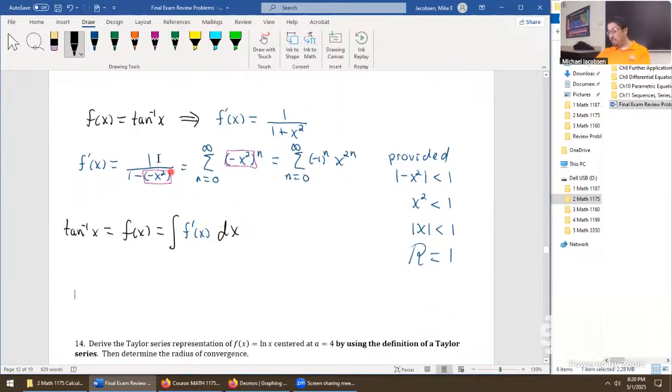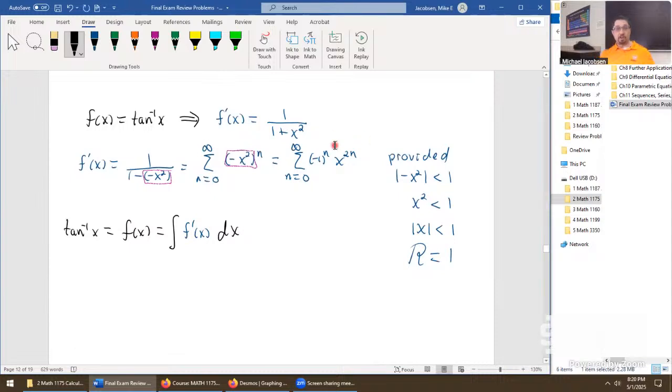So put in position f prime of x, that whole Maclaurin series right here, and we'll get tangent inverse x equals integrate the sum from 0 to infinity, negative 1 power of n, x power 2n, dx. And we're just about there. We now know that tangent inverse x equals, take the antiderivative and we get the constant c of integration. Kind of annoying step, but this is a fast one to solve c on.